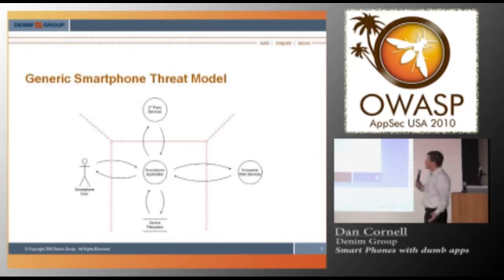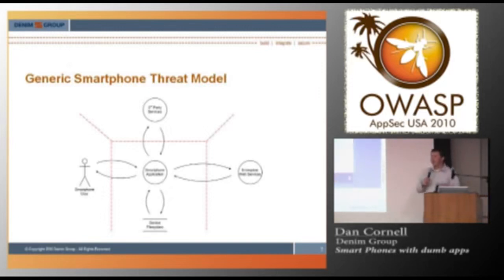And so from a trust standpoint, you don't necessarily trust what the user is doing to your application, but you also certainly don't trust what other people might be doing trying to come in through these different network resources. And if I'm the process running on the smartphone, I don't necessarily trust the stuff coming from these third-party services that aren't controlled by my organization. So it's a more complicated environment that you've got to look at.